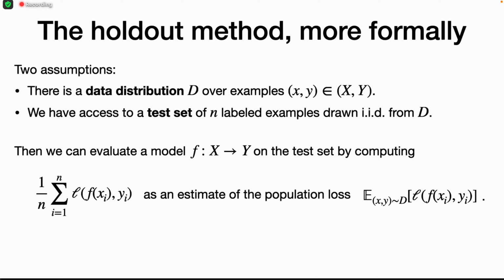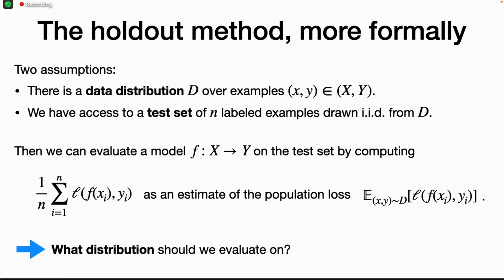And then if our test set is large enough, we know that this is going to be a good estimate of the population loss. So this is what we're actually after, this expectation over x, y drawn from the distribution of the loss the model achieves on the distribution. Okay, this is all really nice, mathematically, lots of nice theory for this. But the big question is, what distribution should we evaluate on if we want to make sure that our model performs well in the real world? And none of this theory tells you about this a priori.